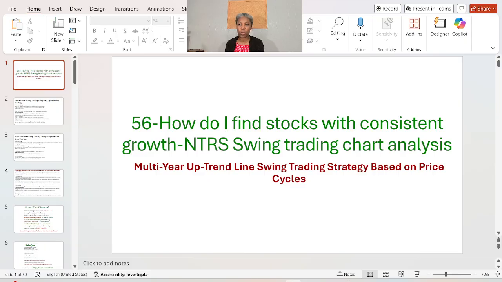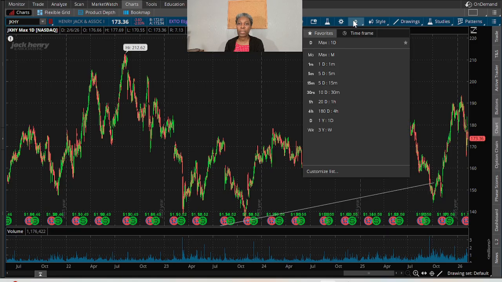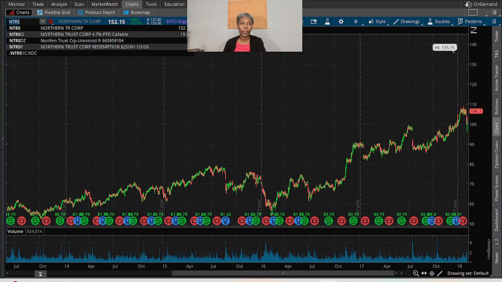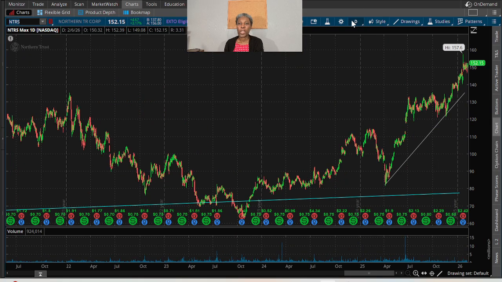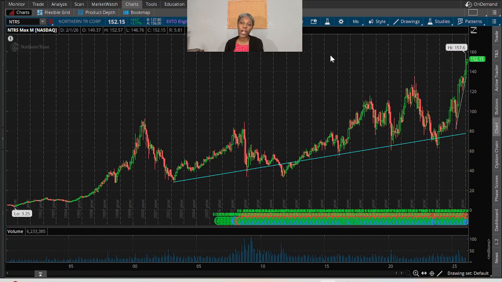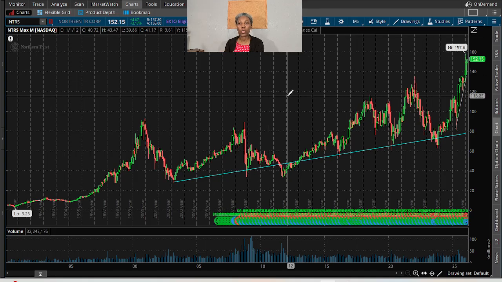So for instance, when we take NTRS, you will go to maximum monthly chart. Let's first put it in here. And we have maximum daily chart open, but we'll go to maximum monthly chart and look at it. So by looking at the stock's chart on a maximum level, more precisely maximum monthly, it will allow those